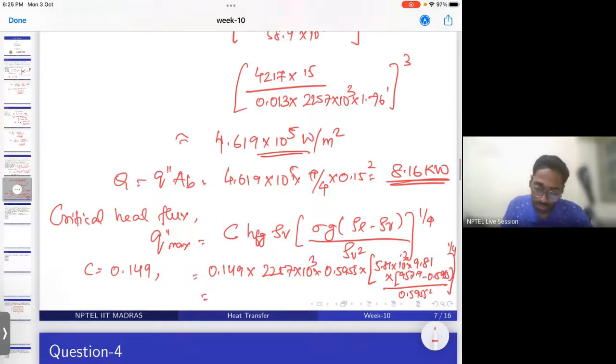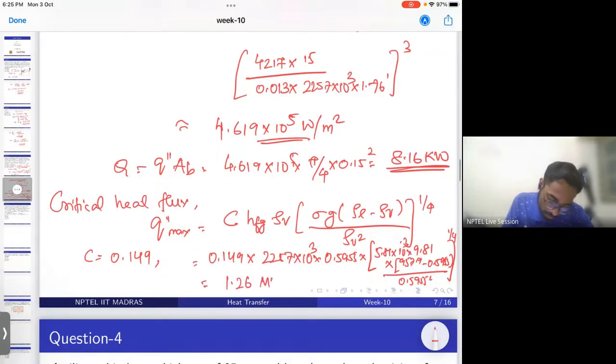Okay, so if you substitute this, you will get the critical heat flux as 1.26